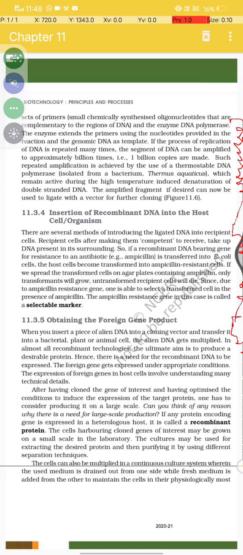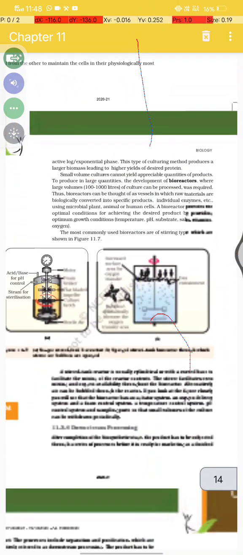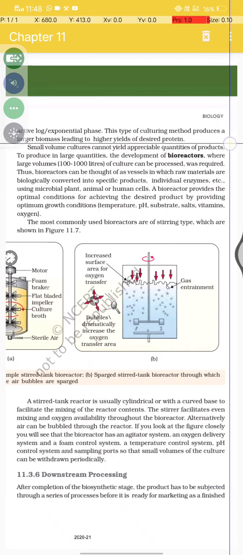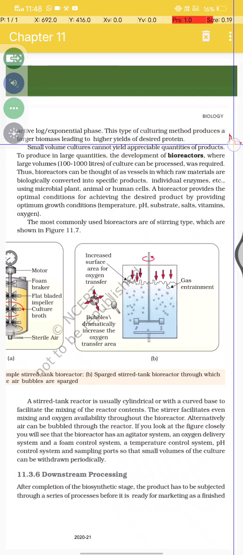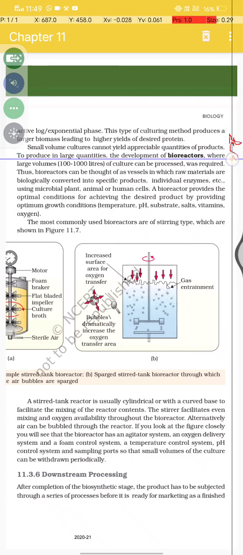The cells can also be multiplied in a continuous culture system, wherein used medium is drained out from one side while fresh medium is added from the other, to maintain the cells in their physiologically most active log or exponential phase. This type of culturing procedure produces a larger biomass, leading to a higher yield of the desired protein. A small volume culture cannot yield appreciable quantities of product. To produce in large quantity,